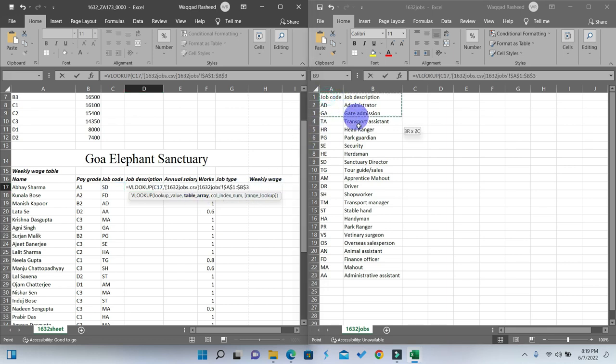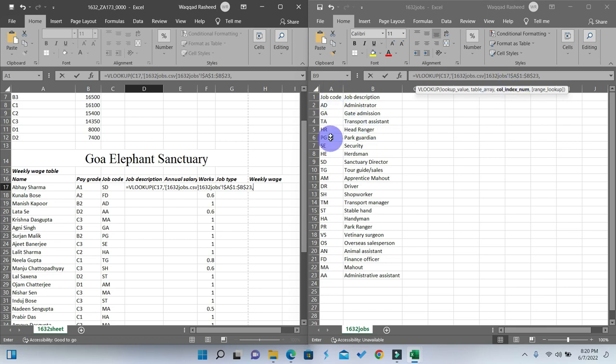My table array is this entire table. I'm looking for this value from this table, and then I have to put a comma again. You can see that the formula is reflected in this external sheet as well, because this link is created between them. So comma,